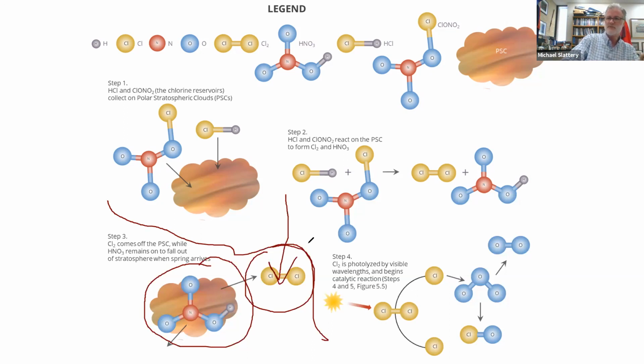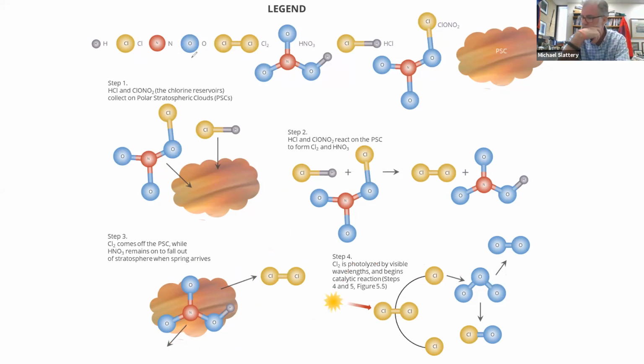But then what happens in step four is the sun comes up. And the sun comes up gently at first above the horizon and then quickly above the horizon. And what does the sun do? The sun splits apart the Cl2 into chlorines and off it goes. That chlorine attacks an ozone molecule. And that's the runaway catalytic reaction. And the ozone depletes incredibly rapidly until the chlorines run out of gas, they run out of fuel. So I need to stop there and make sure everybody's happy with that. And I'm happy to go through it quickly again if you need.